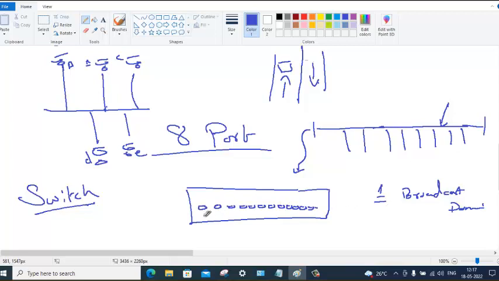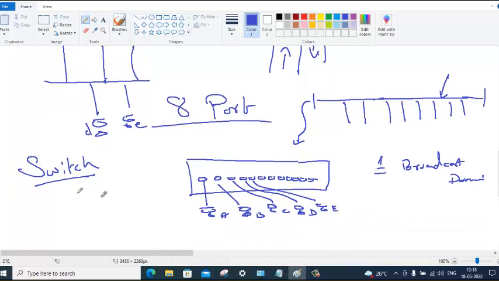And you are connected to devices called A, B, C, D, likewise. If A is talking to C, the source address of the packet is A, the destination address of the packet is C.